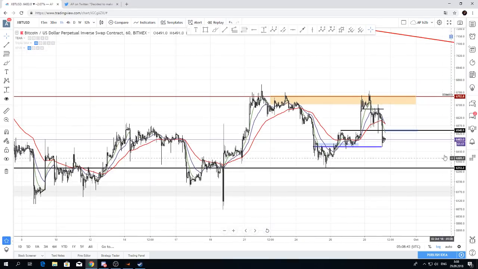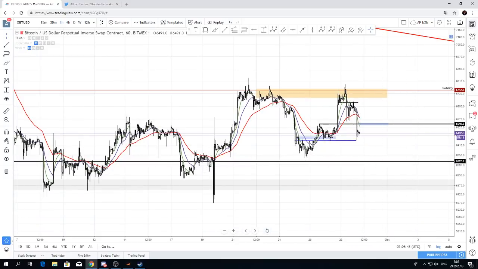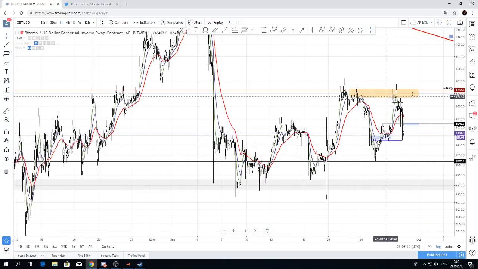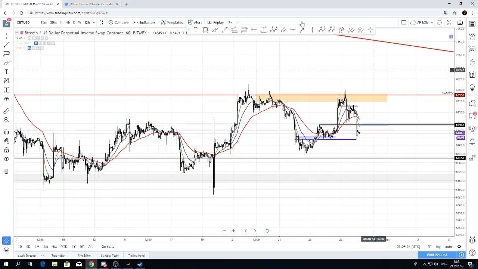Where would be my targets for the shorts? Well, the low of this range at 6.3k, most likely 6.1k, and then yearly lows. I really believe that BTC is starting to roll over here, and if it doesn't, well, then let's look at